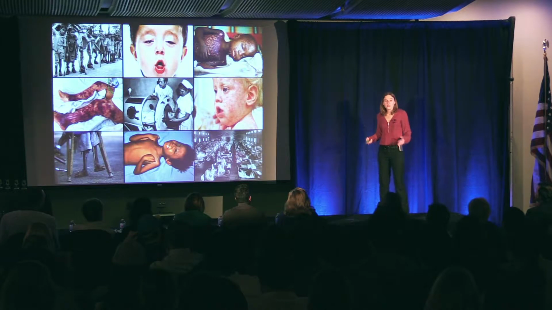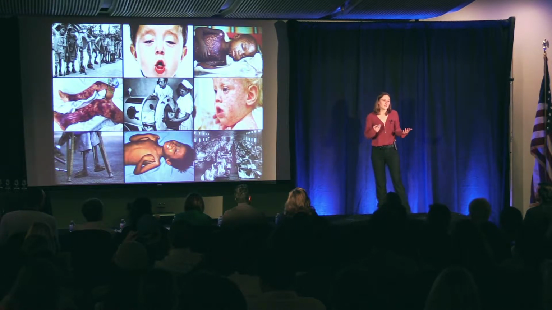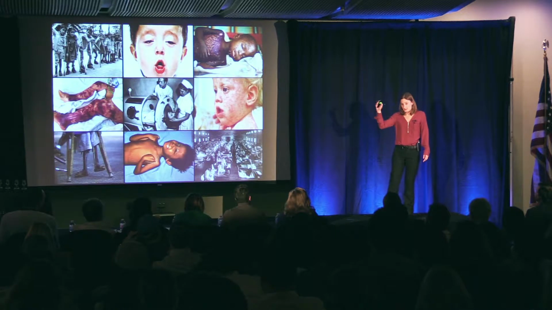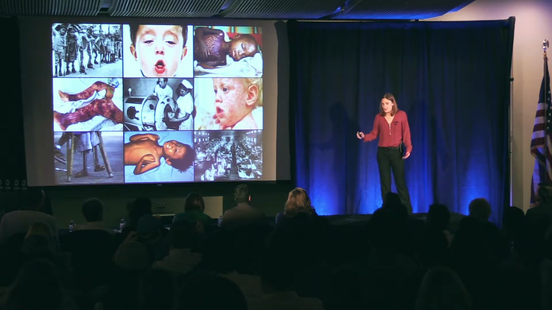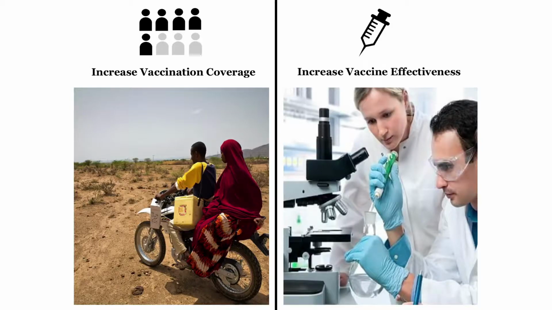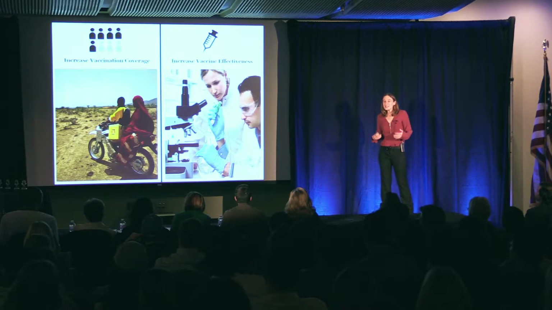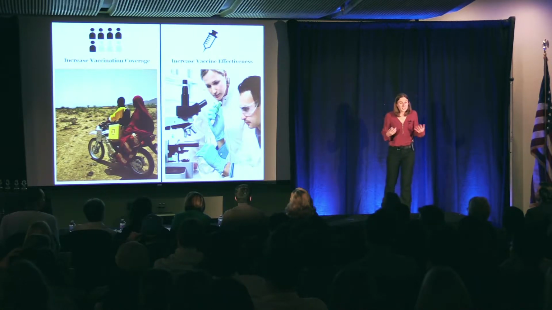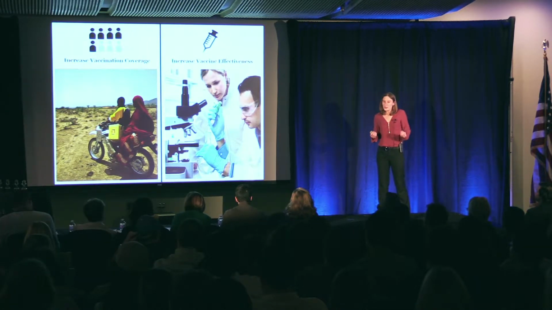Well, in order for a country to be disease-free, a critical fraction of the population needs to be immune. And this fraction depends on the disease, as well as how effective the vaccine is. The more effective the vaccine, the fewer people that need to be vaccinated. Traditionally, governments have attempted to reach this critical fraction by vaccinating more people. But this can be difficult and expensive, particularly in developing nations, where infrastructure limits access to healthcare and can make